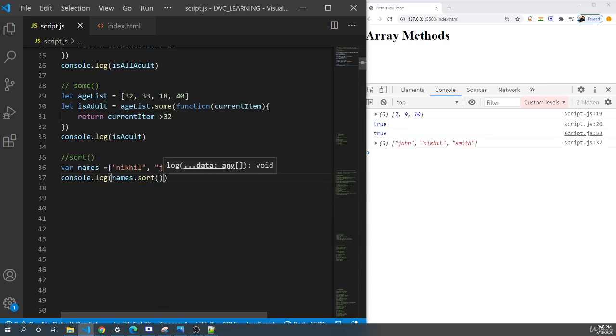By default, the sort method sorts the values as strings in alphabetical and ascending order. So it will automatically sort in ascending order. J comes first, N second, and S third. This is how the alphabetic sorting works, but sorting numbers is different, and for that you need a